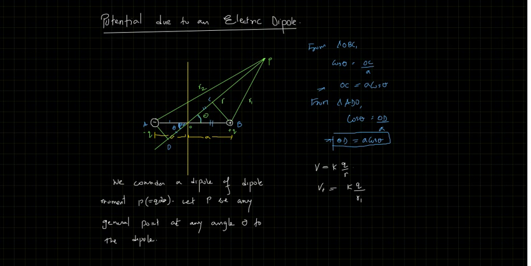Now when we drop this perpendicular, what happens? This length and this length will be almost the same. So how much is PC? Because we can find R1 in terms of R. So R1 can be written as K Q by how much? R, if I subtract OC, I am going to get this. So R minus OC. But OC is what? OC is A cos theta.